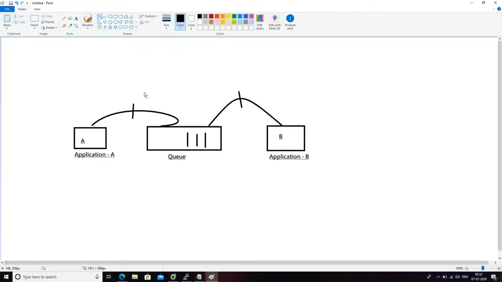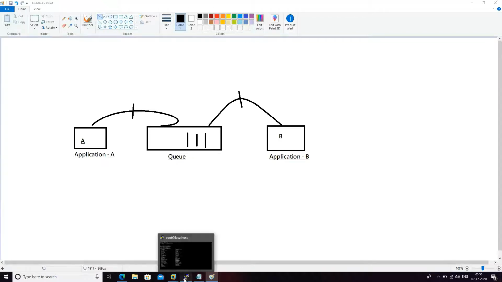As we already know, application A is sending a message to the queue, meaning it is putting messages in the queue, and application B is receiving messages from the queue. Here application A and application B are using the same queue. Application A is using it for putting a message and application B is using it for getting a message.